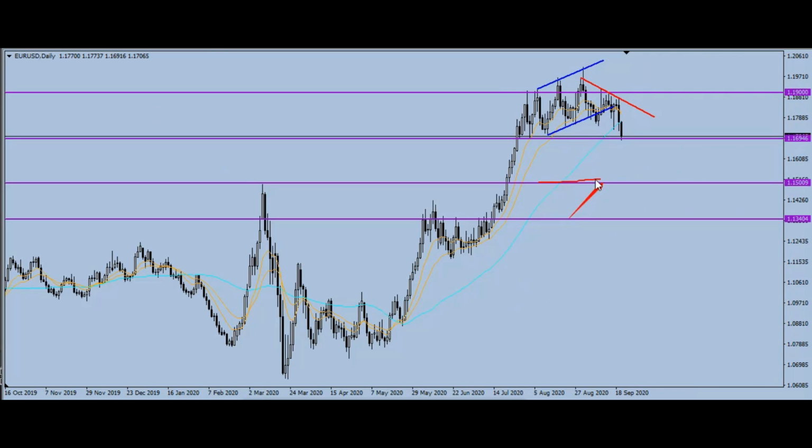So that's my view on EURUSD. Move back to this upside and a break towards this support. So that's what I have for EURUSD. I'll quickly move on to the next one now, and the next one is